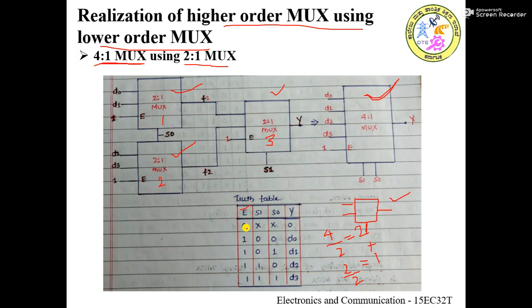As we know that if enable itself is 0, then the logic system itself will be disabled, and irrespective of the contents of the select line, output will always be 0. Let's consider the cases where the enable pin is 1. So in the rest 4 cases the enable pin is made 1. So now the data lines are selected as per the contents of the select lines. So with 0 0, so let's assume that